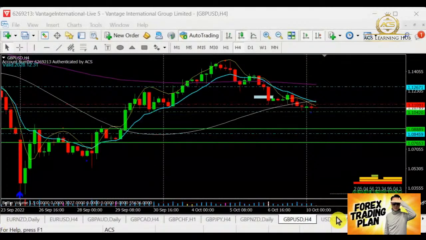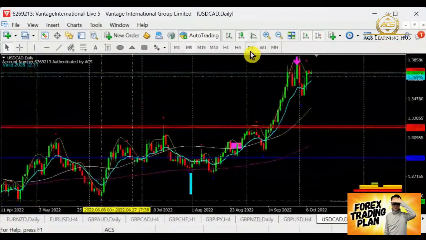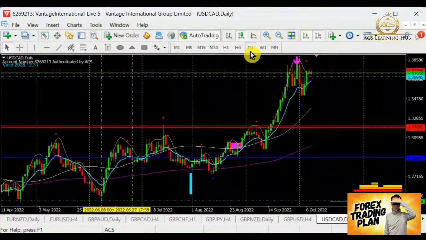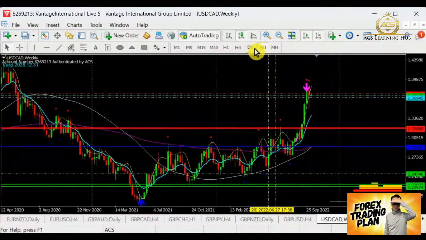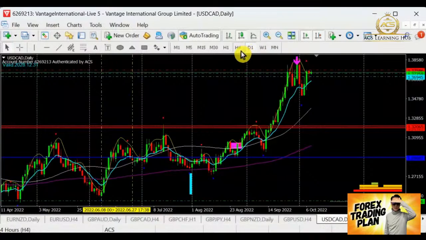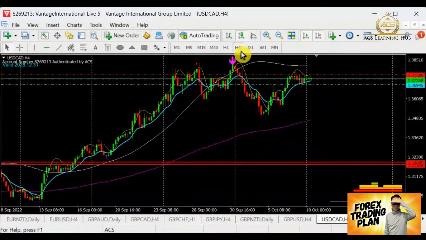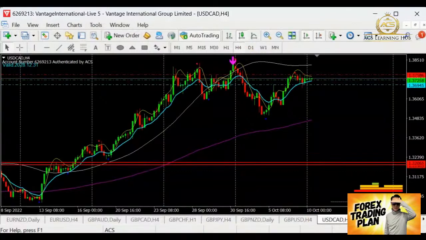Next to go, dollar CAD. Dollar CAD over here looks like we are in the bull, but facing up with a resistance. Although it's in the bull, it's on the resistance, so that means we may experience some pullback. For a moment, I think it's better to stay away from dollar CAD, since the CAD is having holiday, the dollar is having holiday. So I think we can just keep it this way. All right.